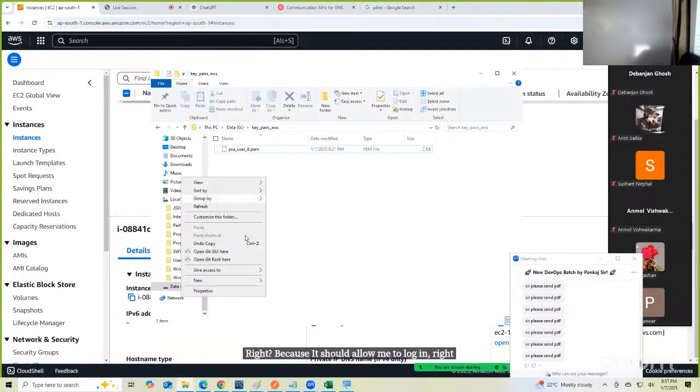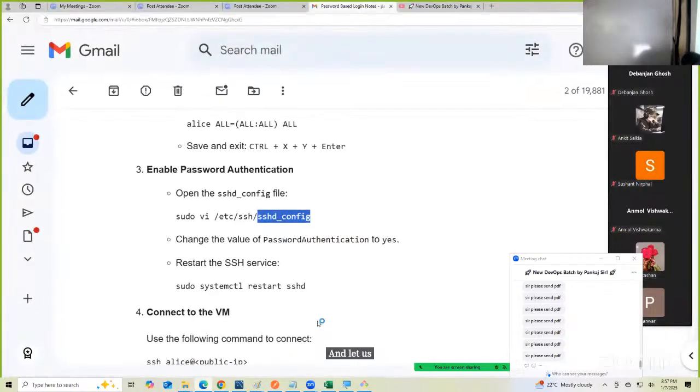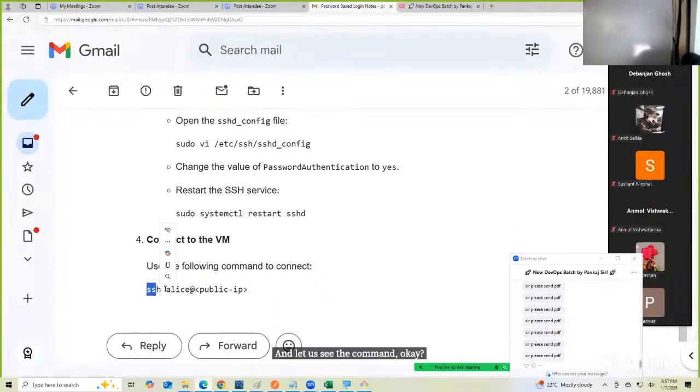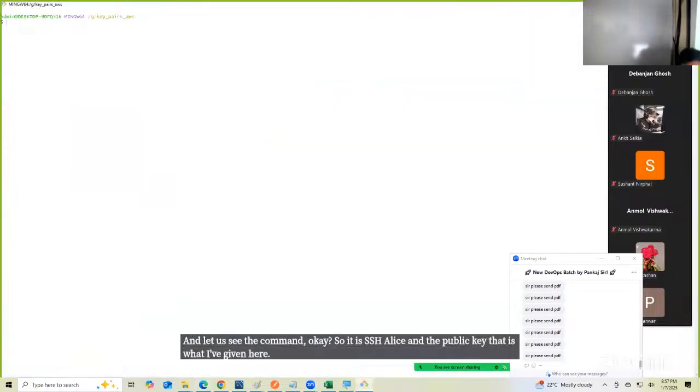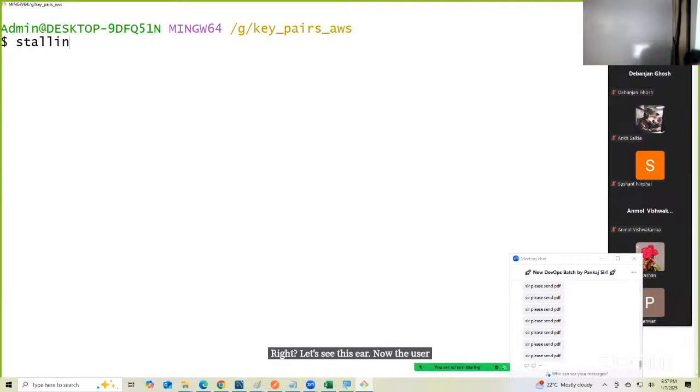So let's right click, let's go to Git Bash here, and let's see the command. Okay. So it is SSH Alice and the public key. That is what I've given here, right? Let's see this here. Now the user happens to be what? Okay, I made one mistake here. Now this mistake will make you also remember the things. After modifying your